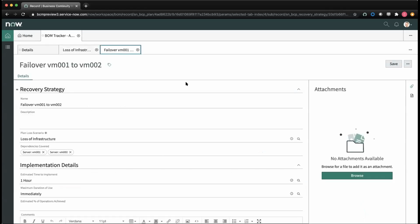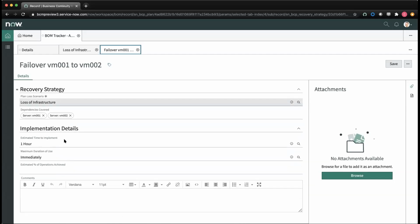A recovery strategy could be something like invoke the DR plan. Or it could be a more detailed step, for example, failing over one server to another. It could be relocating activities or initiating a work from home strategy, things like that. So I can build out my strategies specific to that scenario, and then identify which dependencies are covered within the strategy. Then I can take it a little further and identify the time it might take to implement this